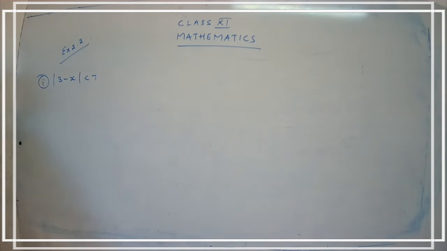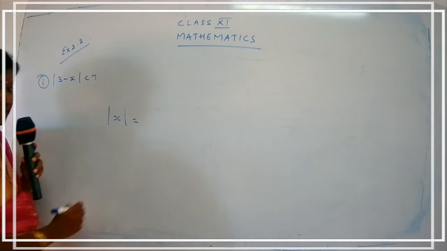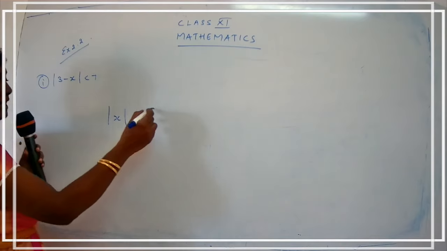Okay. Before we go to the sum, let us have a clear idea of what an absolute value is. We have seen in our lesson 1, some elementary functions. We dealt with some elementary functions in lesson number 1. And also we have studied about a function called the absolute value function. So what is the value for the absolute value function? Yes, it takes 3 values.